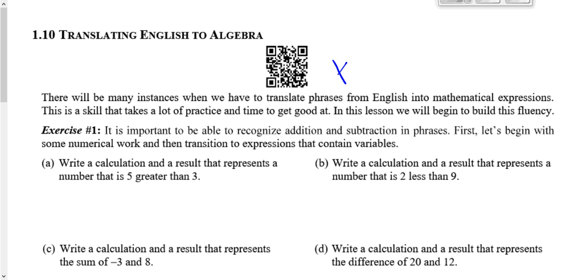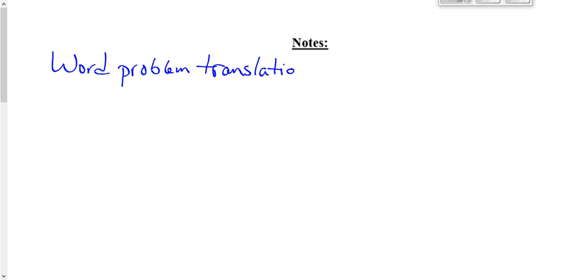So let's do this. See note. Let's flip over to the notes page there. Okay. So let's just call this word problem translation. Okay. So